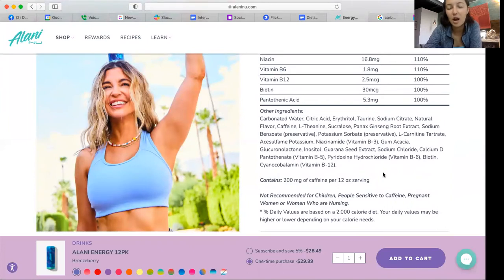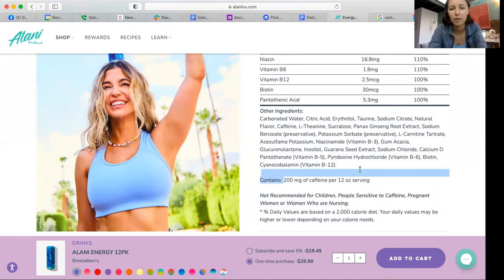That's a lot of caffeine, and that's not even including the B vitamins and stuff like that. So I would opt for something different if you need an energy boost that doesn't have so many processed ingredients. I would do something like a green tea, maybe a cold green tea. That would be a great energy boost, maybe in the afternoon if you need something. There are definitely other pre-workout options, but a lot of times this is also placebo effect. A lot of people just get used to using this and they feel like they need it or their workout tanks. So I would try weaning off. Try doing a workout without this and see how you do. Try doing it every other day and see what happens. I would try to wean off.